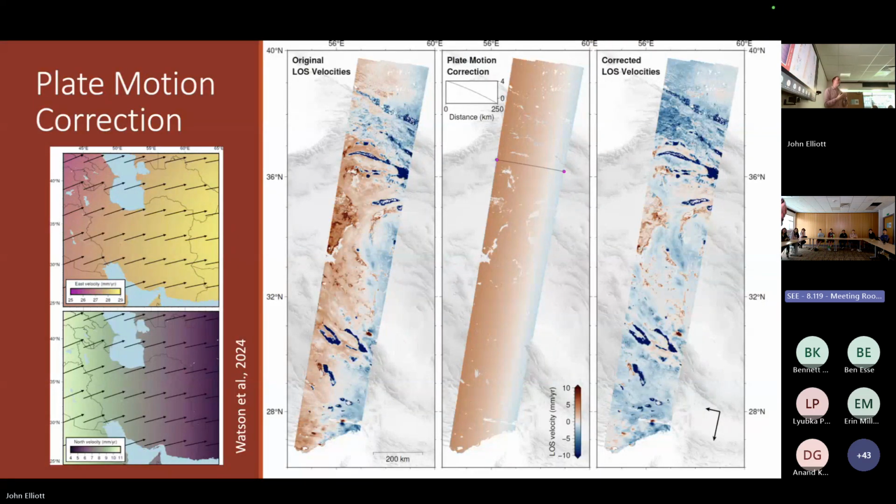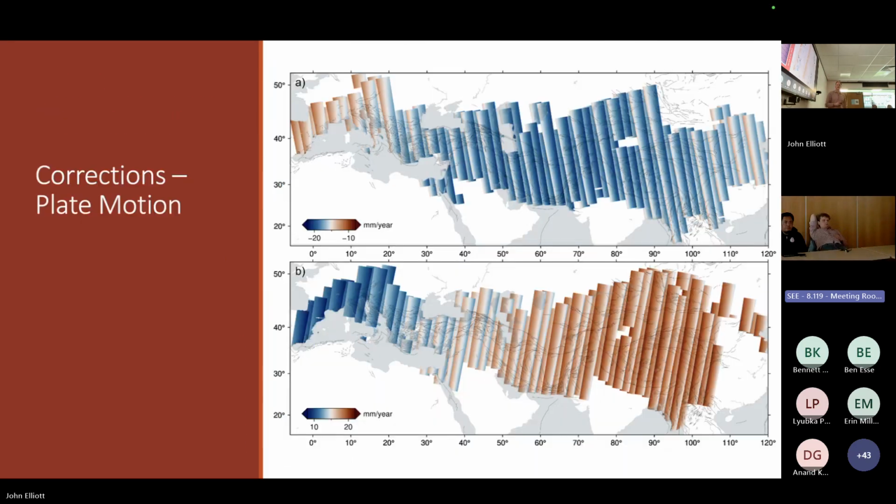So this is to account for the fact that the plates are moving relative to the orbital reference frame, the Earth-centered reference frame. So in this case, they're moving all eastward relative to the orbit. So over 10 years, it's moving quite a lot relative to where the orbital ephemeris data says it is. This gives a long wavelength ramp that needs to be corrected for, near linear, but it's got a bit of a shape to it. So across large tracts here, this needs to be removed from all of the data sets